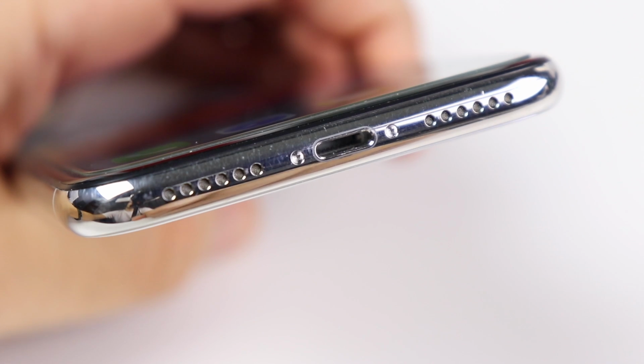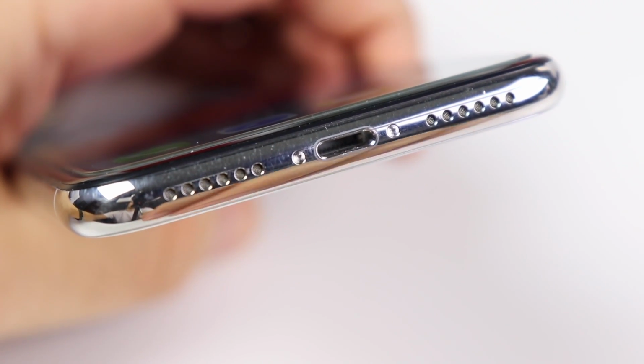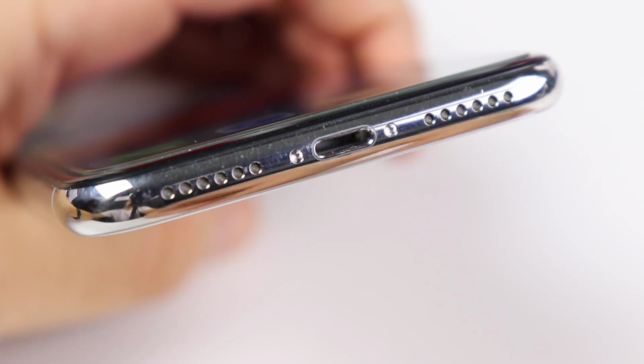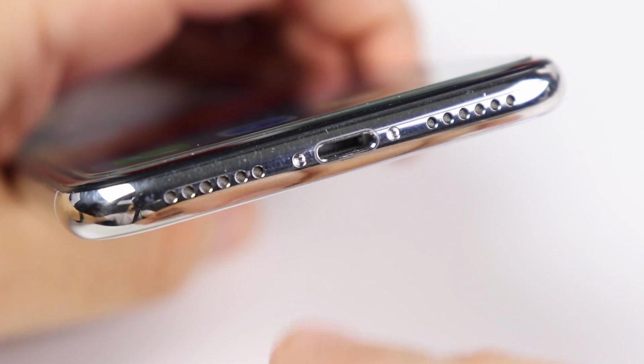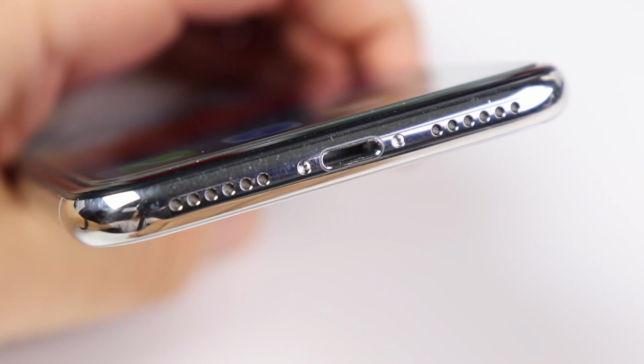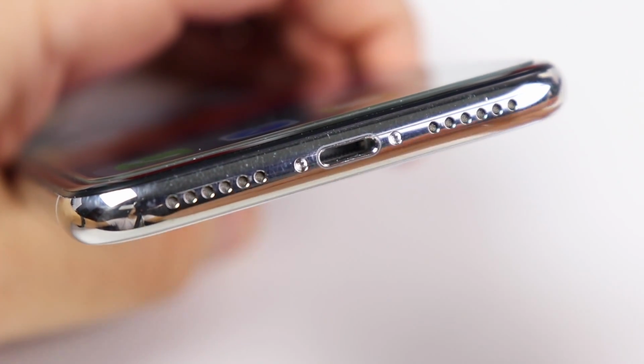But audio is definitely a thumbs up, and after a year, yes, the new one's got like 20 or 30% louder, but this phone was still pretty loud for its time and still not going to disappoint. So if you're thinking about buying this for audio, at least externally, it's going to be good. Bluetooth 5.0 makes Bluetooth connections rocket fast, and I think audio was pretty enjoyable on this phone,